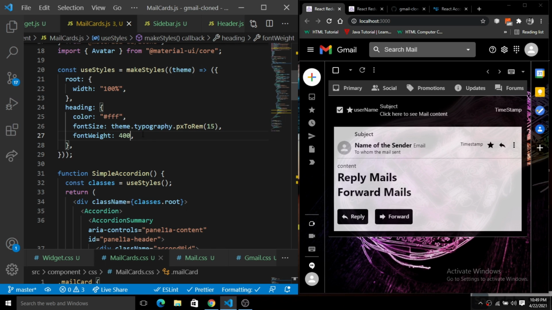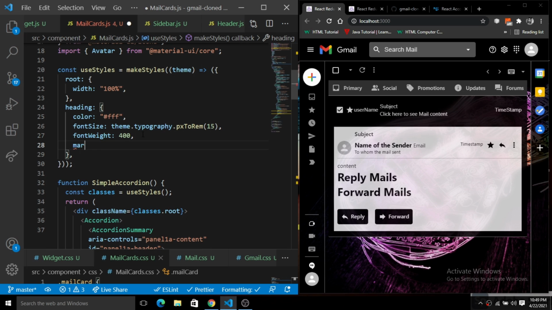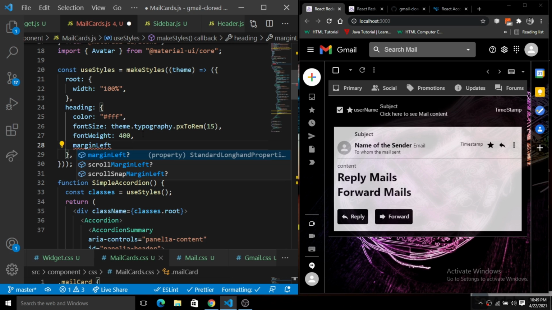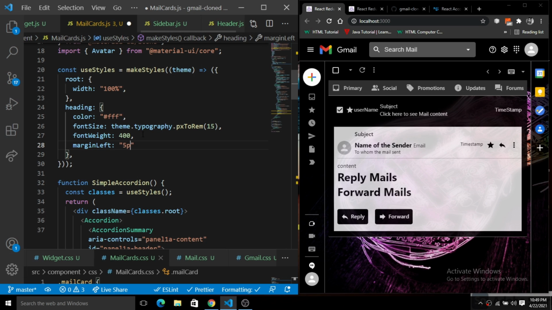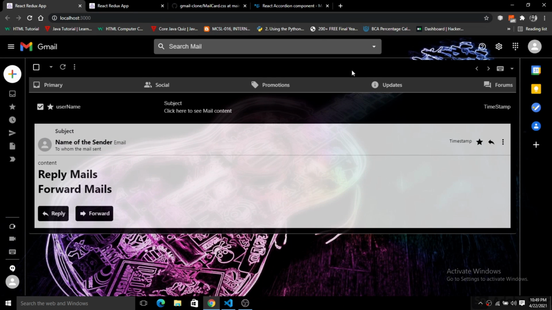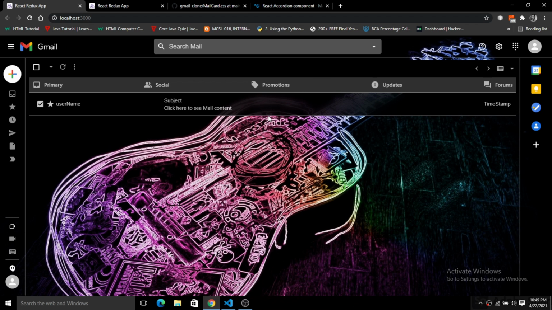So I'm going to give a margin left of 5 pixels, so it will be shifted 5 pixels from the left. Now you can see everything looks neat and clean. So this is the mail card here.